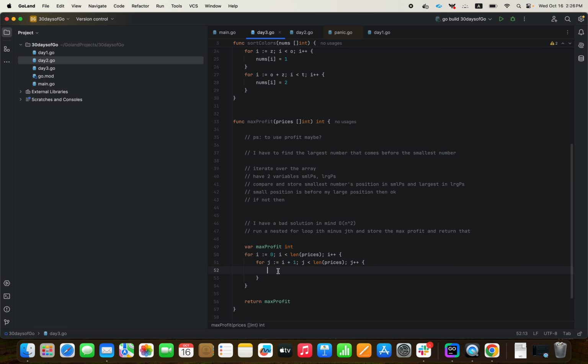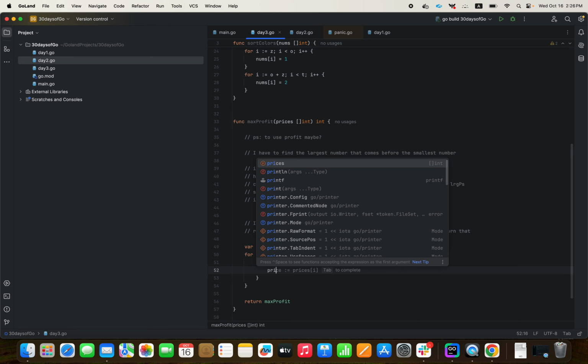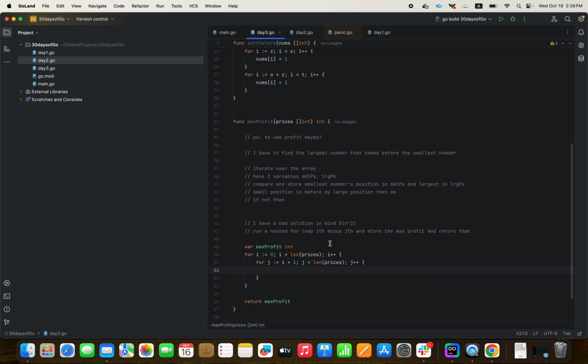What I do here is I will compare to each one of them, and this will compare to this, this will compare to this, and what I have to do is I have to say prices, max profit, and